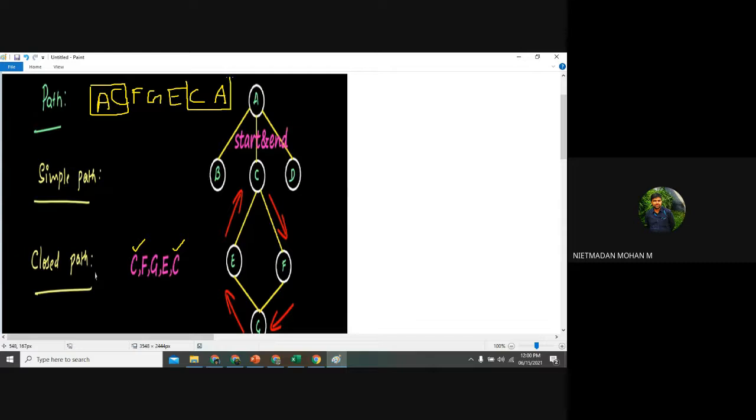Have you seen the difference? Yes, sir. In the earlier one only one vertex has been repeated. Likewise, when only one vertex has been repeated, that path is known as the closed path. So this is not a closed path. This also travels from A to A, but it is not a closed path because here two vertices have been repeated. Here only one vertex has been repeated, so this is known as the closed path, right?